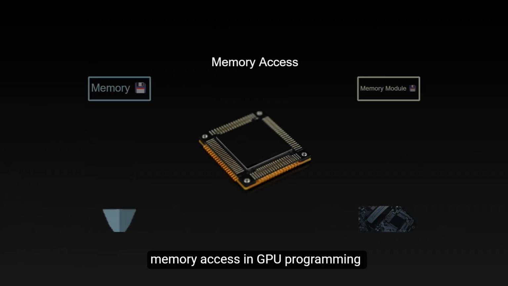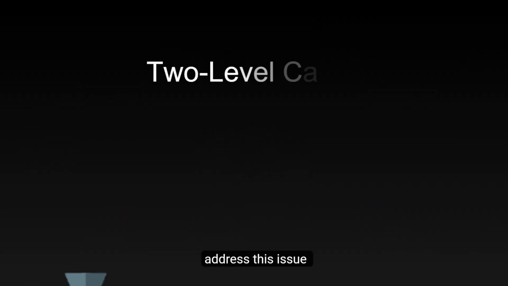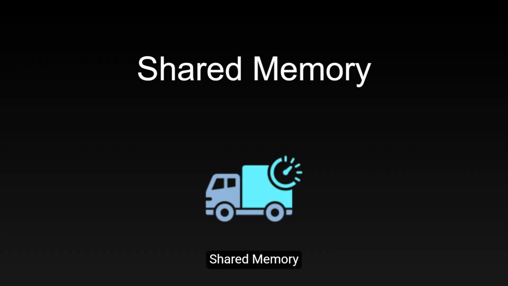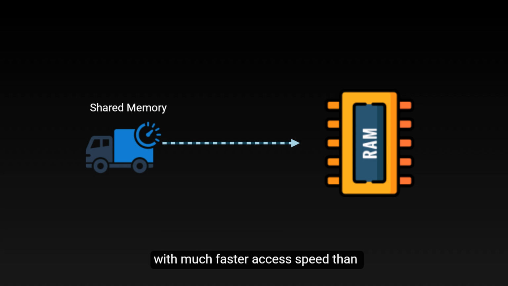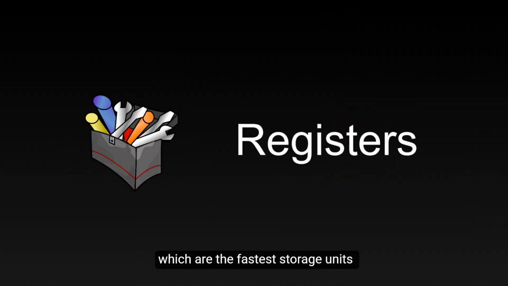In terms of memory access optimization, memory access in GPU programming is often a performance bottleneck. To address this issue, FlashMLA adopts a two-level caching strategy. The first level is shared memory, which is like a small warehouse on the GPU, with much faster access speed than main memory. The second level is registers, which are the fastest storage units, akin to a worker's toolbox at